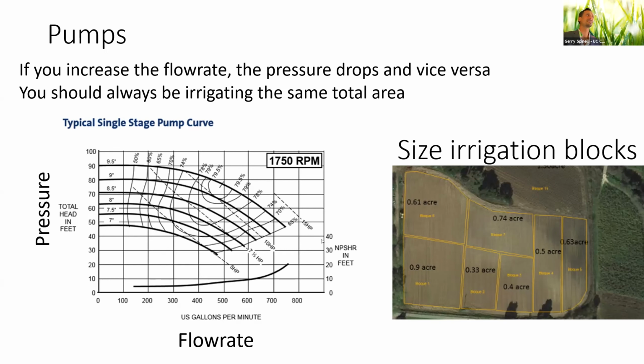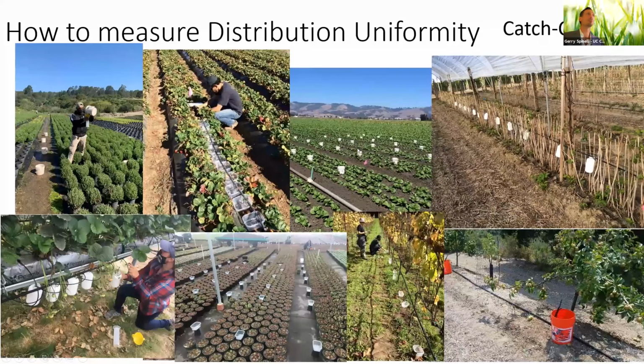Now, these days, there are devices called VFDs, variable frequency drives, that give you the flexibility of changing this curve. So what I just said is not true anymore, or is not always true. But the VFD costs tens of thousands of dollars. So if you do not have it, and most growers don't have it, you have to make sure that you size your irrigation blocks according to your pressure. You cannot have the flexibility of opening today 1, today 2, and tomorrow 2, and the day after tomorrow 3 blocks.